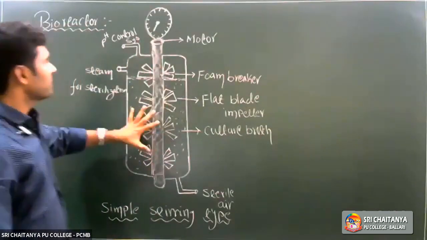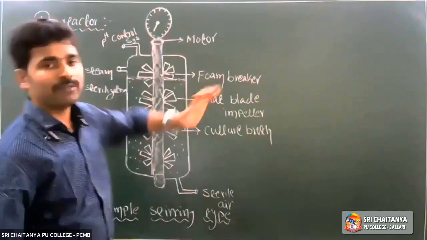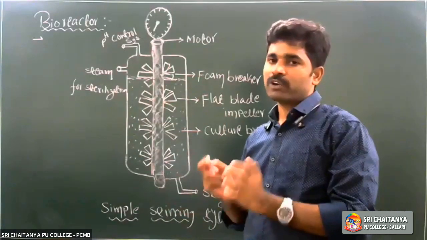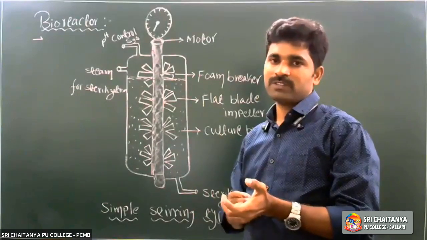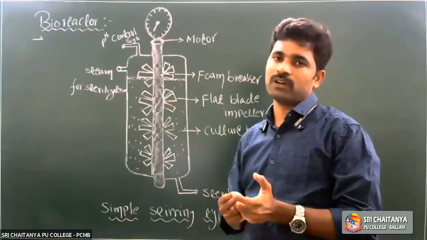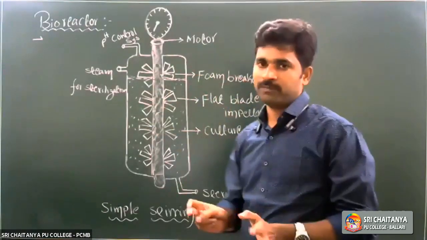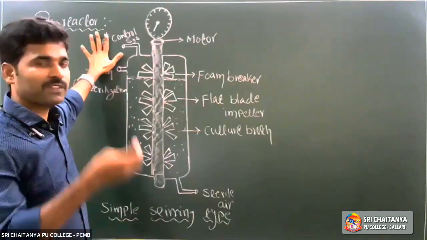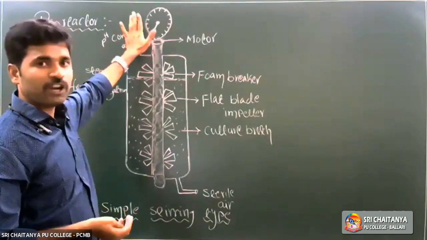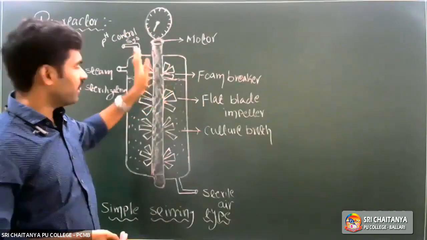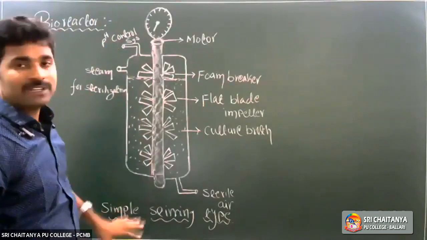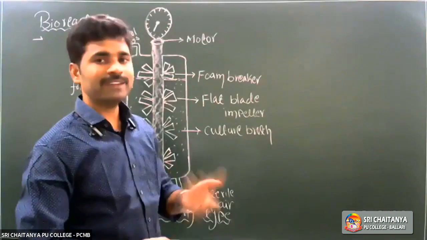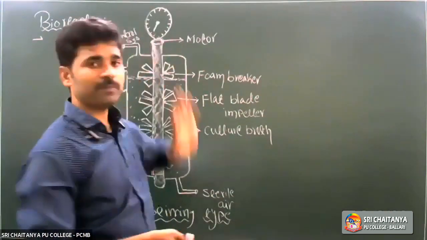In this way, we first dump around 100 to 1000 liters of raw material into the bioreactor. So what type of raw material? Minerals, vitamins, and substrate. Substrate means either lactose or agarose medium we transfer to the bioreactor. And that bioreactor maintains optimum conditions. What are optimum conditions? Optimum temperature, optimum pH, optimum substrate. Then it also has a pH control system, steam for sterilization, oxygen delivery system, sampling port, and agitator system also. So it maintains optimum conditions.